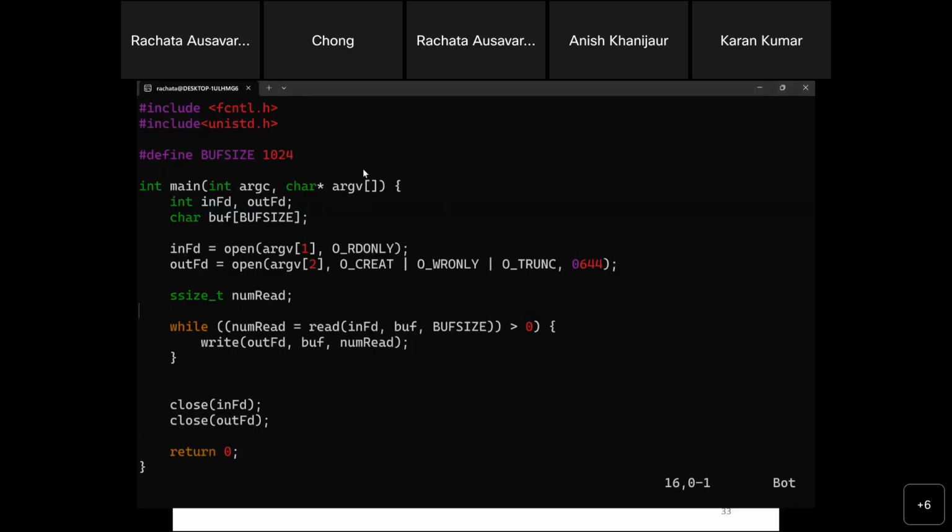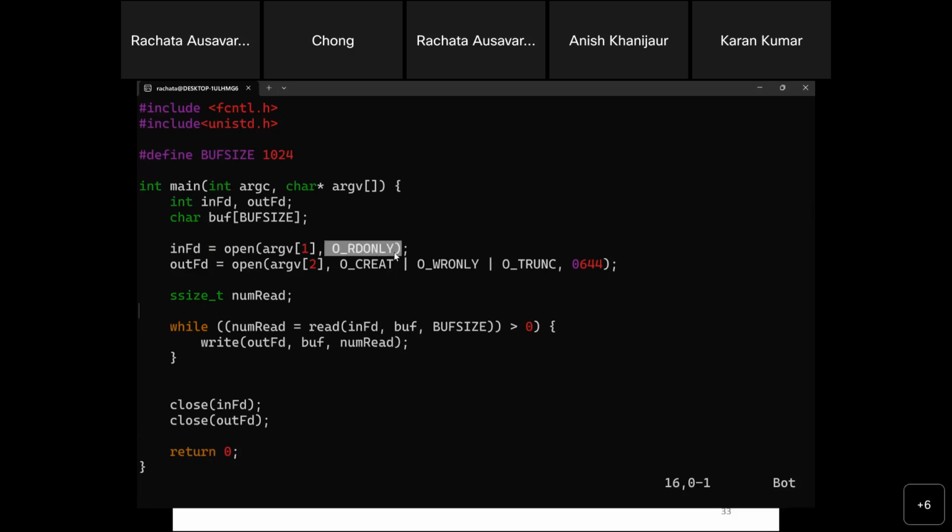All right. So for copy, right, it takes two inputs, source and destination. And the idea is simple. I read everything from the source and write it back to the destination. So here's what I do. I create two file descriptors because I need to make sure I know where the file is, right? So I would do inFD, which is the input, and then outFD, which is output, and I open both of them. The open call, first of all, takes the location of the file you're reading. So in this case, the source.